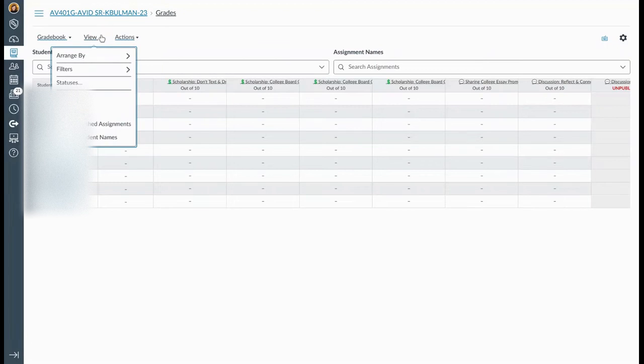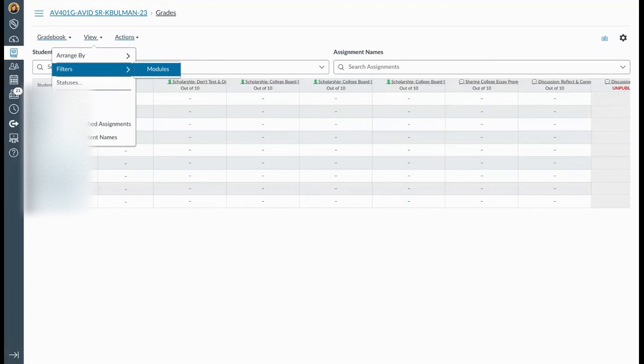Finally, I'm going to also add filters. In this case, it only is allowing me to do modules. In my Avid course, everything is a summative assignment. There isn't a formative category. So you may have assignment groups listed here under your filters. I would definitely turn that on because then you can grade only the summative assignments, which is really helpful at grade bucket times where you're helping students get caught up and helping them prioritize and provide feedback for those heavy